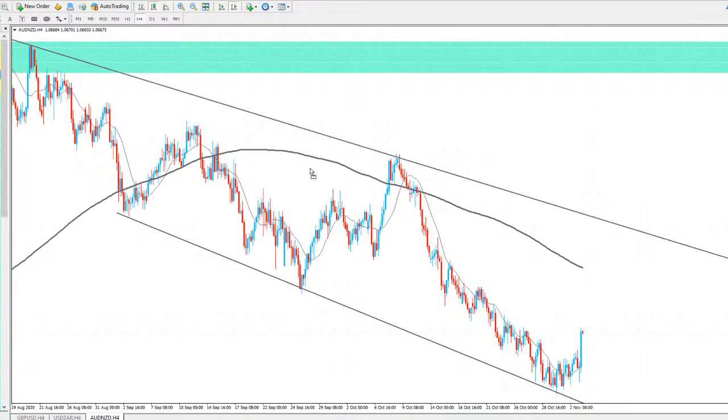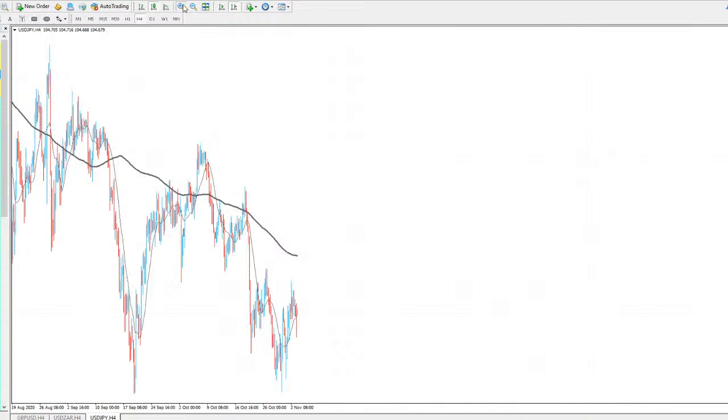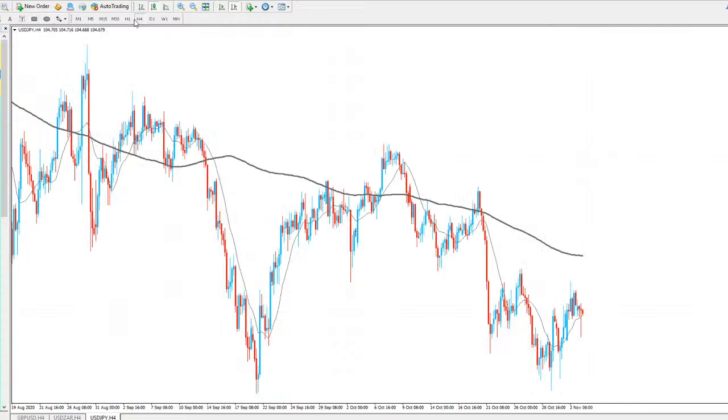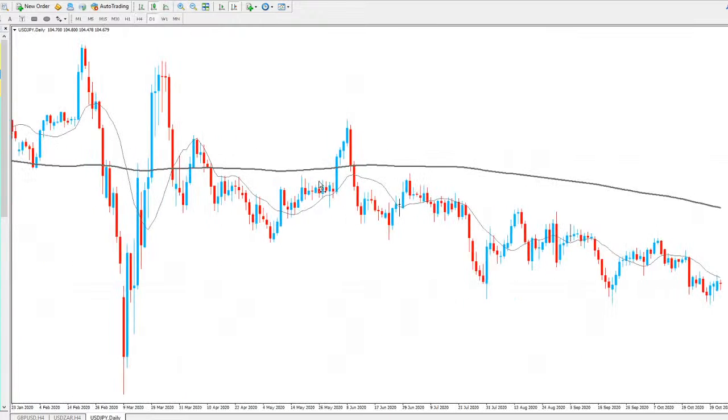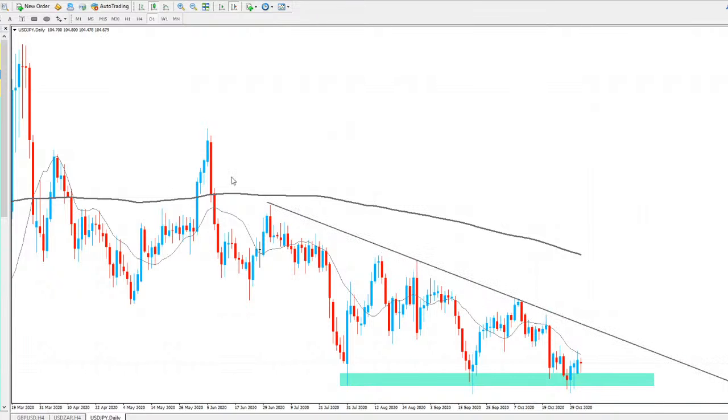So for USD JPY, okay, so USD JPY for this one, I was in a long for this one actually yesterday, but I've just exited my trade. So depending on what time frame, from a long-term time frame, USD JPY for me is to the upside. As you can see, we've got support down there, and we've got the trend line going through the market here. So for the long-term daily perspective, I'm expecting a move to the upside.